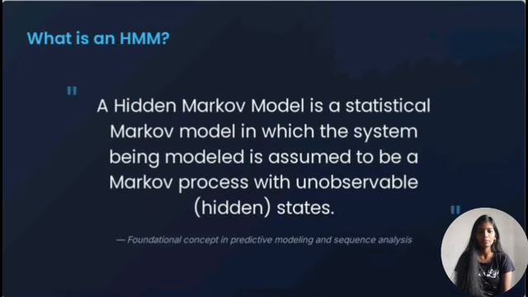Our primary objective in this experiment is to design, implement and test an HMM to uncover hidden states from a sequence of visible observations and understand Markov model operations on the Markov property, the idea that the future state depends only on the current state, not the sequence of events that preceded. But in a hidden Markov model, the state itself is not visible to us.